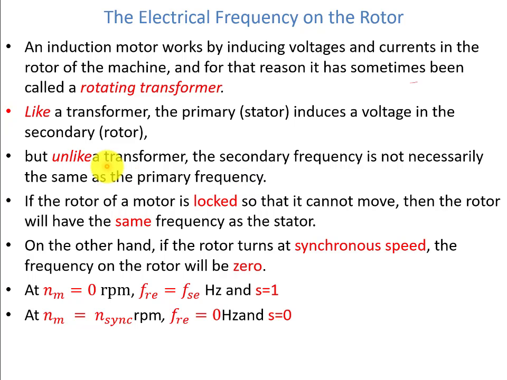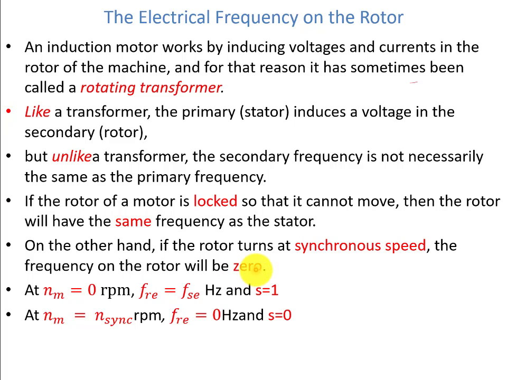Because in the transformer we have seen that it will transform only the voltages and currents, but the power remains the same, and also the frequency at the primary and the secondary will be the same. In the induction motor, it's a bit different. If the rotor of the motor is locked so that it cannot move, then the rotor will have the same frequency as the stator,